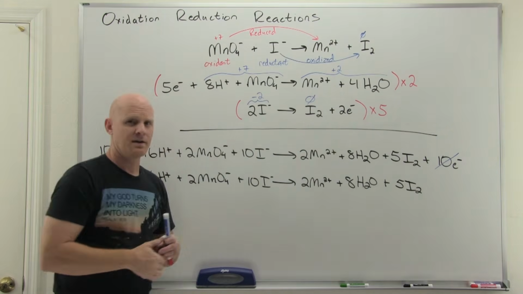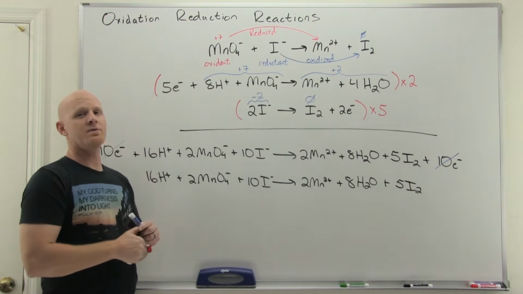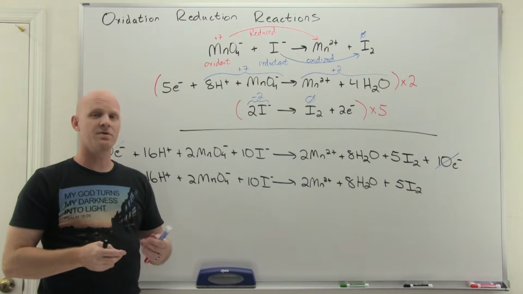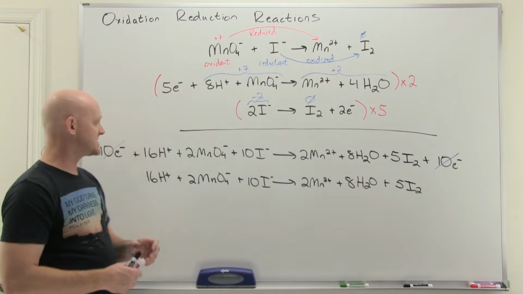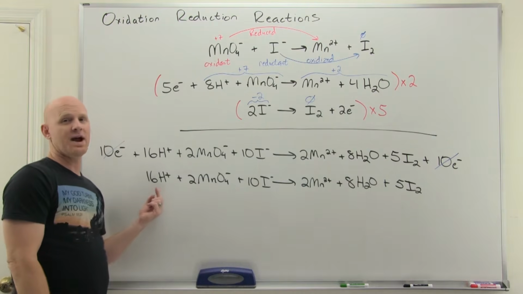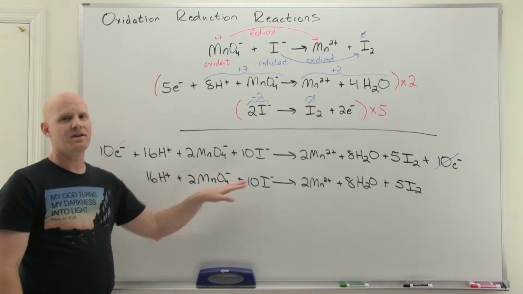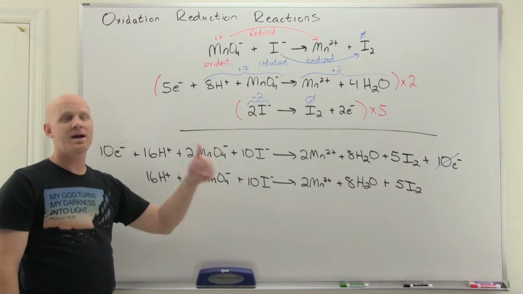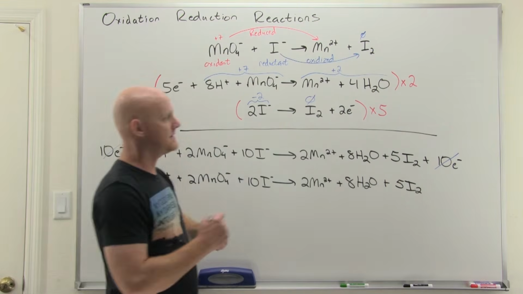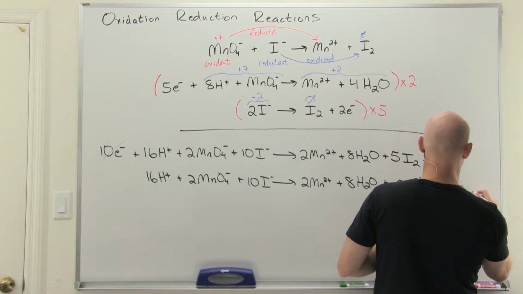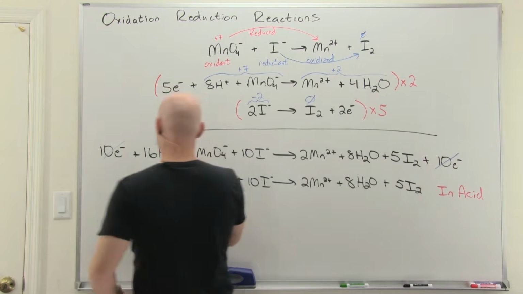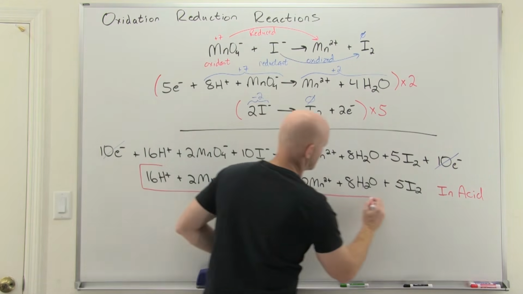All right. Now, we said earlier that by default, we follow this set of rules. We by default are balancing a reaction in acid. And the evidence that we've balanced this in acid is that there's H plus in the reaction. And it doesn't really matter if it's on the reactant side or the product side. If there's H plus in the balanced reaction, you've just balanced it in acid. Cool. And this is the balanced reaction